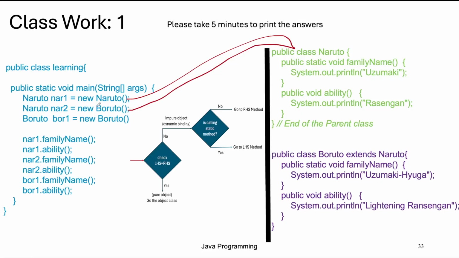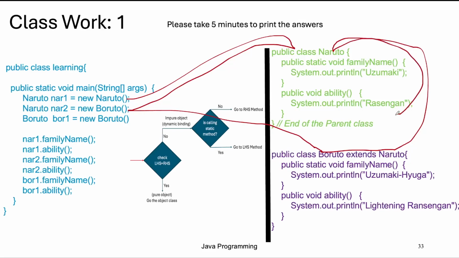Okay, now because we are saying no Boruto, the compiler will come to Boruto, extends Naruto. So it comes here, and since there is nothing inside, there is no constructor for Naruto class, it comes down to Boruto. For Boruto class also, there is no constructor or global variables. So it simply goes and does the